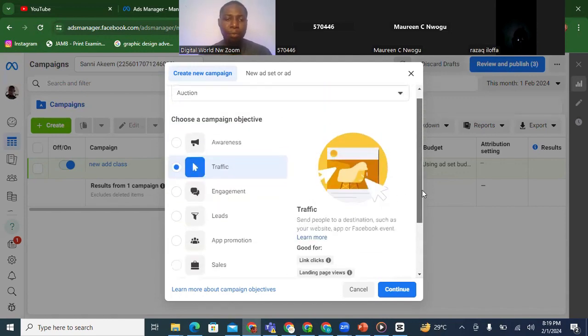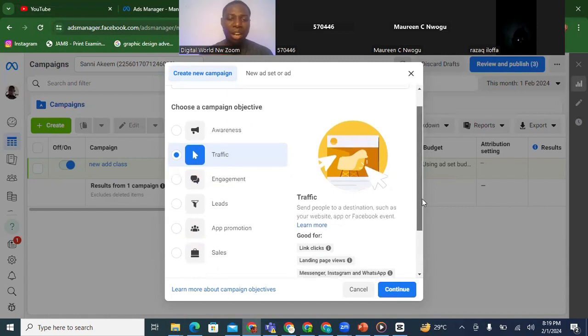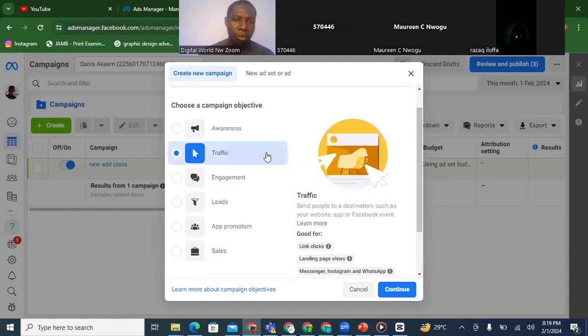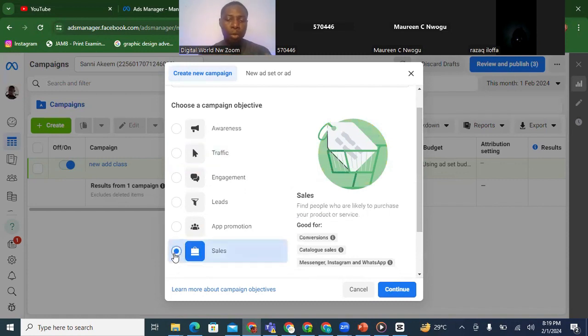So we went further to set up a traffic ad and explained the sequence of setting up a traffic ad. But for today's example, I'm not going to use traffic. Let me quickly use sales so that we can see some of the things that are possible. Now I'm going to be using sales as an example for somebody that is selling a service or selling a